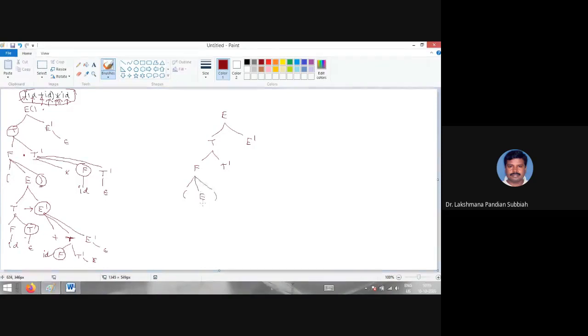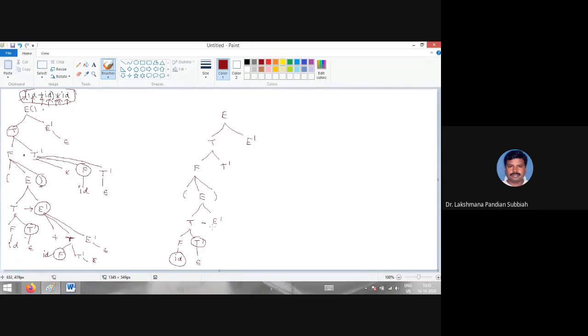case, right? Now it will call the procedure for E. For that E, we have T E dash. Now for that T, we have F T dash, right? For that F, ID. So ID is matched, so we can move on, right? Next we have T dash. Here we have plus, but T dash has no plus, so you have to invoke empty, right? So here now this is the call, and here this is empty. Next we return back to here.